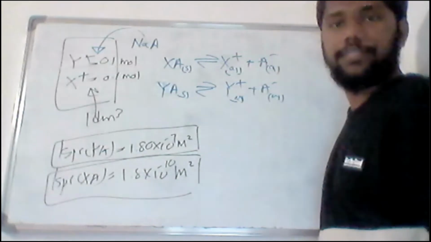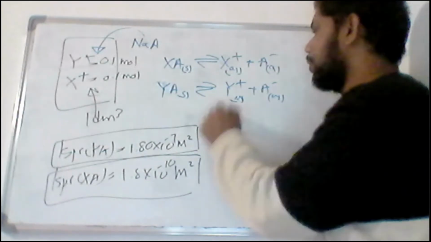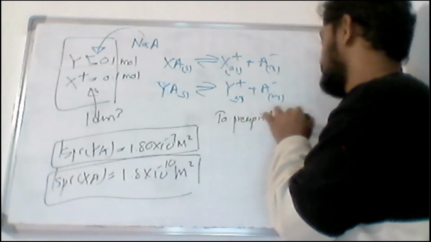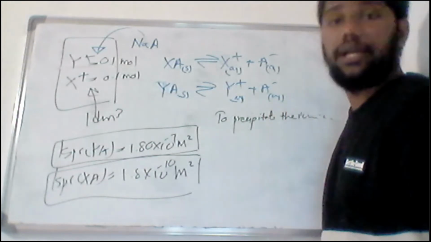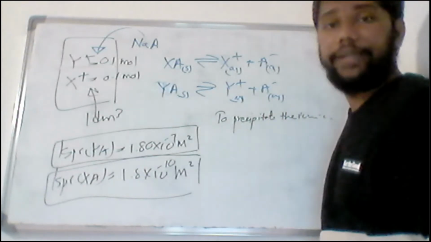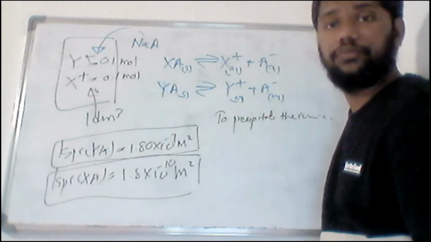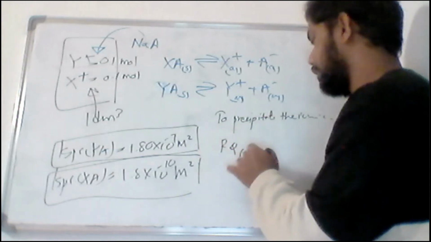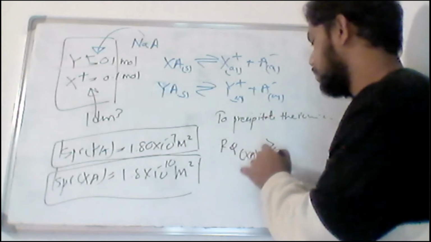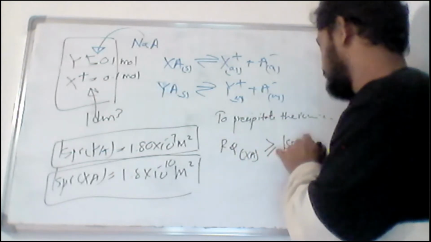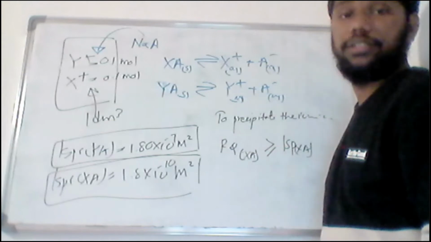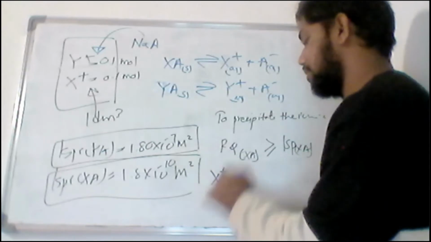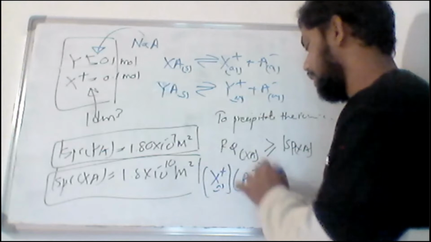Here, these two are KSP values. So you can tell that to precipitate, the ionic product of either XA or YA should exceed their KSP value. Okay. So I can write RQ, the reaction quotient of XA, should be greater than or equal to KSP of XA in order to precipitate. So basically, RQ of XA means concentration of X plus times concentration of A minus